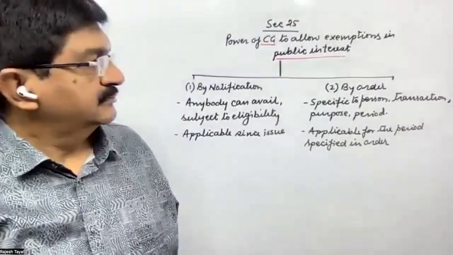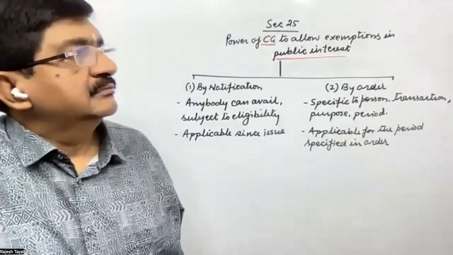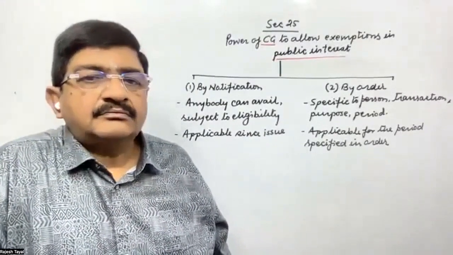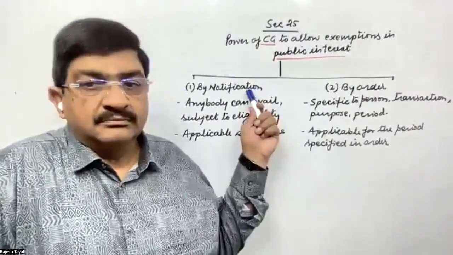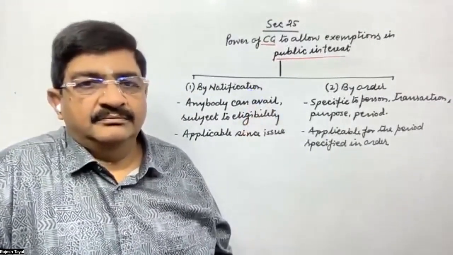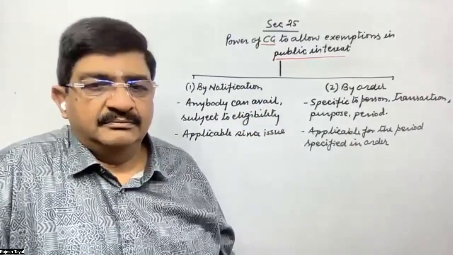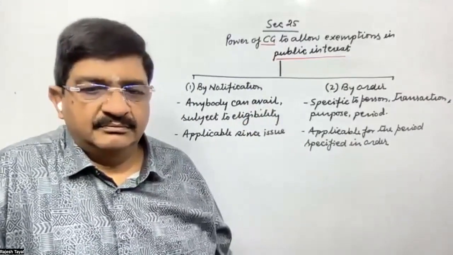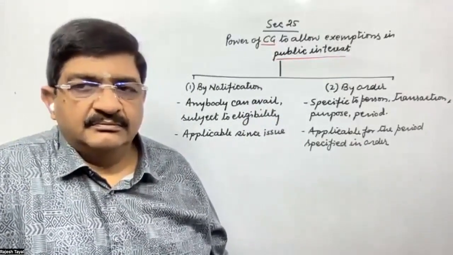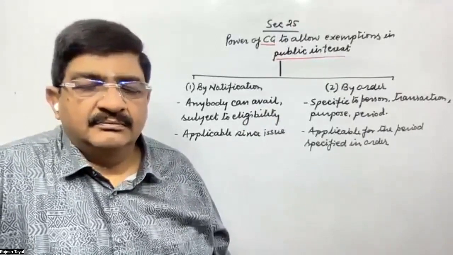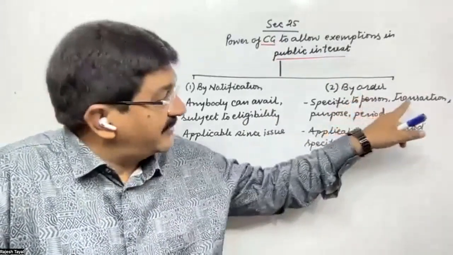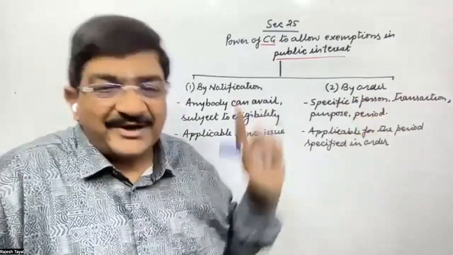Sir, I would like to quote some examples. If we are in a case of emergency like Corona, we asked for a lot of medicines, or maybe that comes under notification. So under any natural calamity, if we require any extra products or equipment that can help, if the area is hit by a cyclone, that will also be under the notification, or will it be an order? Notification? No, an order is only for a specific person, specific transaction, specific purpose, specific period.